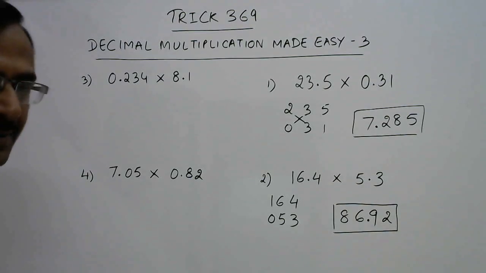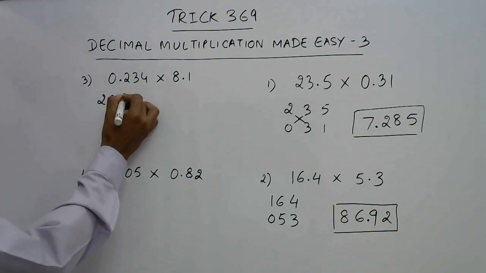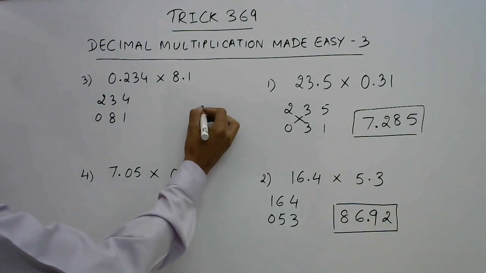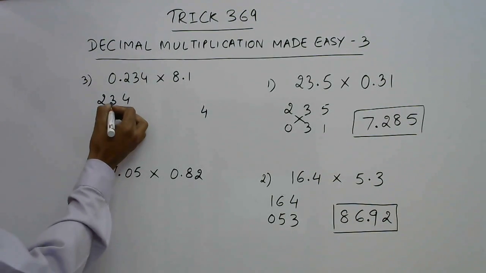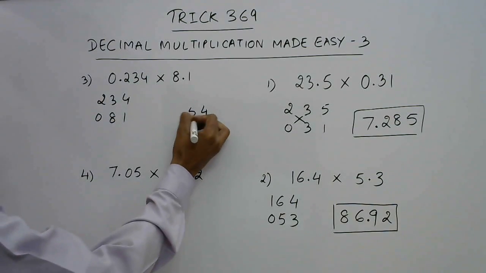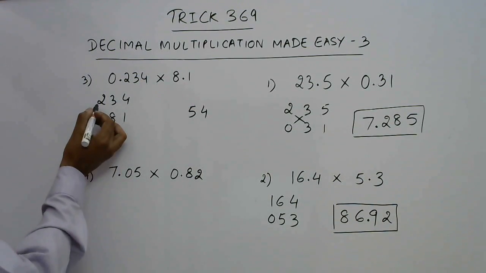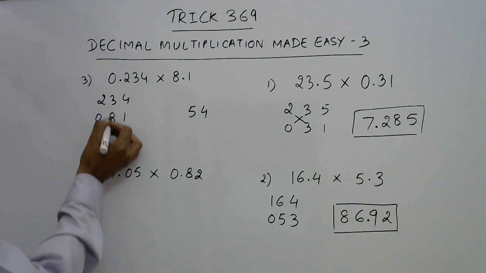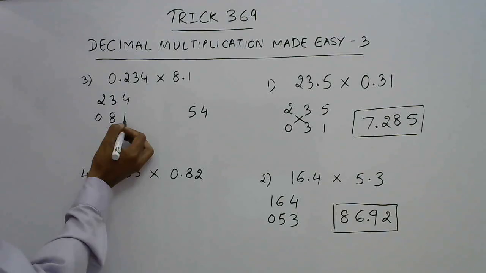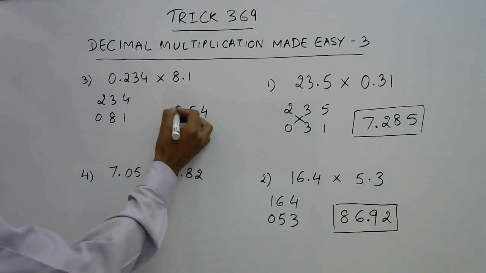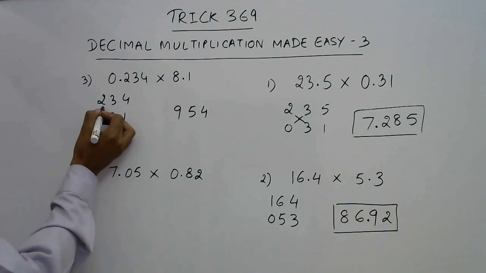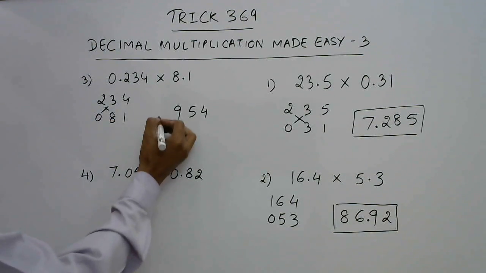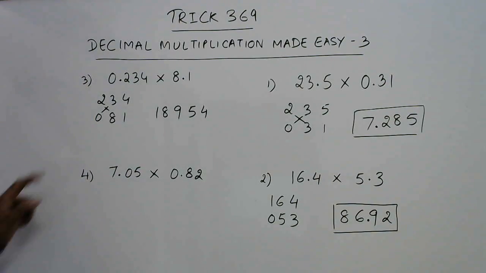Let's have 2 more problems. Here we have 234 and here we have 81. So we put a 0 here. So 4 ones are 4, 32 and 3, 35. So we have a 3 carry, 2 and 24. 24 and 2 is 26, and remember the 3 carry, 26 plus 3, 29. We have a 2 carry. Now multiply like this, 16 and 2 carry 18. So 234 into 81 is actually